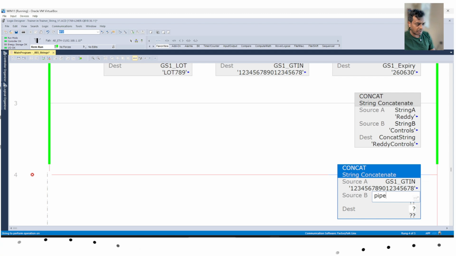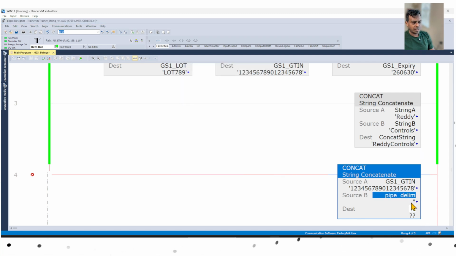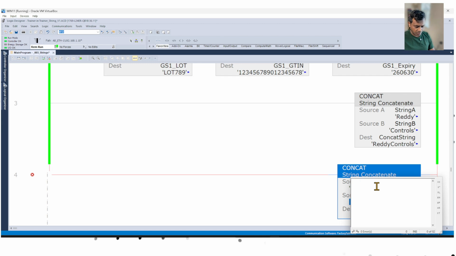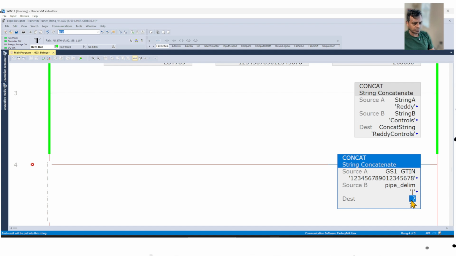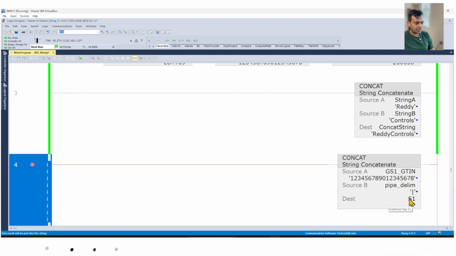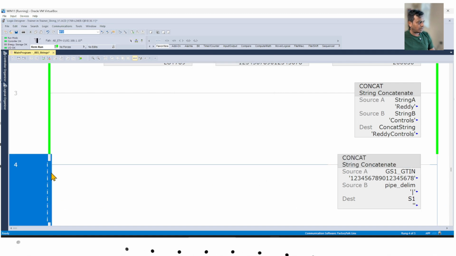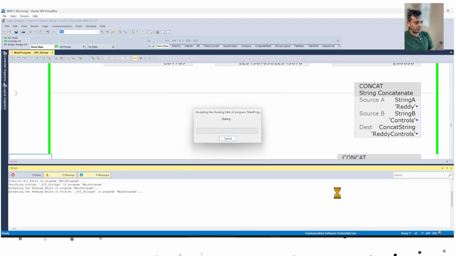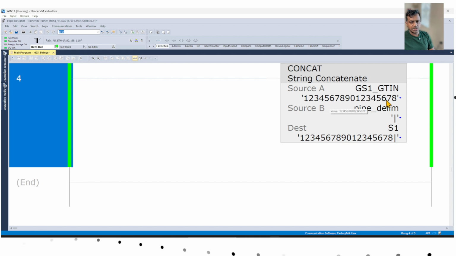So we'll go ahead and create a pipe delim as a new tag, right click, new, make it a string, create, and we could just open that one and use this pipe symbol. And now we want to put this into a destination string, like a temporary string. I just call it string 1, S1, and we go ahead and create new string 1, create, and assemble it. Okay, so if you look closely, all it did is it took the GTIN number and added a pipe at